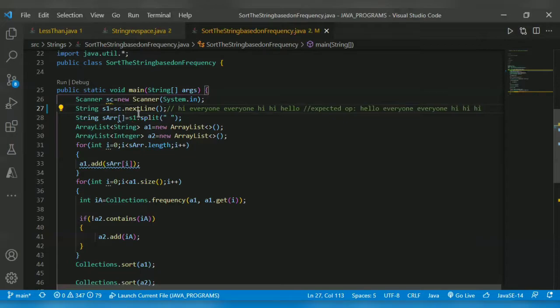First, we split the string and store it in a string array. String sa is equal to s1 dot split of space.